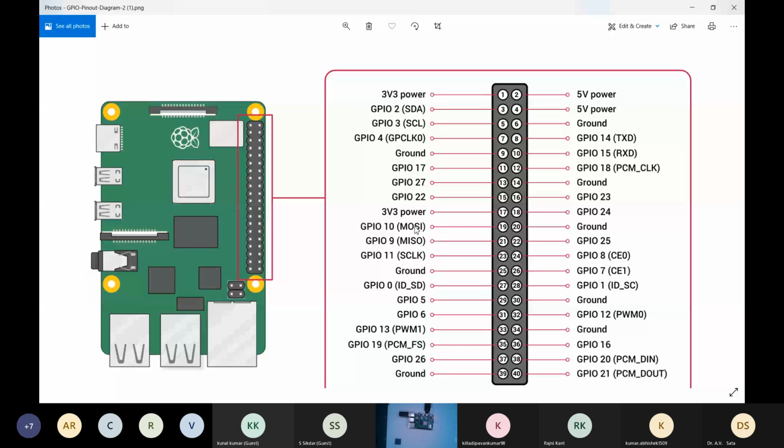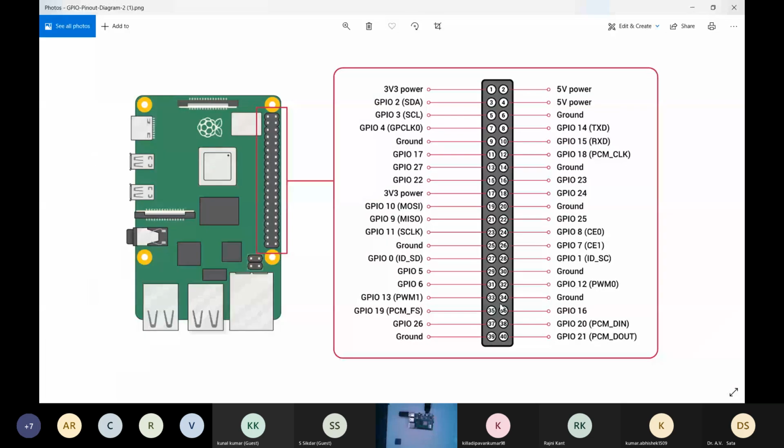Then SDI, which is GPIO 10, pin number 19 in this photo, will be connected with the MOSI pin. And then there is the CS pin. We will be connecting GPIO 6, which is pin 29, in the bottom 6. So yeah, this will be the flow.